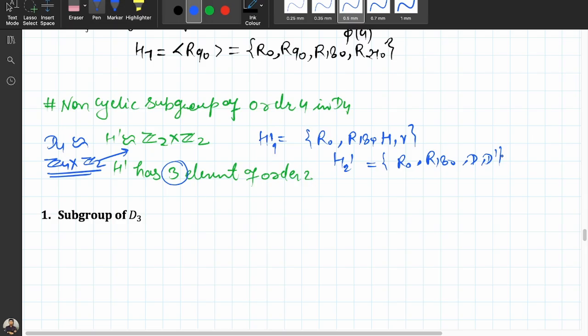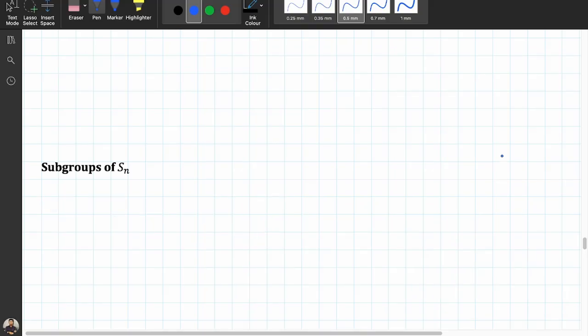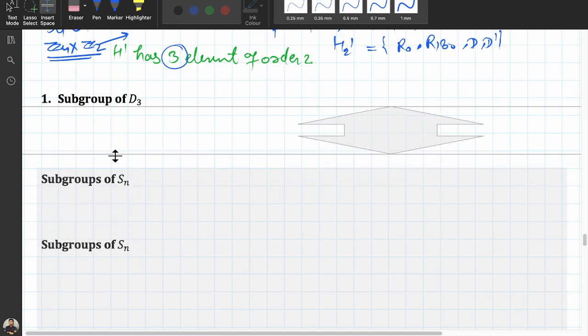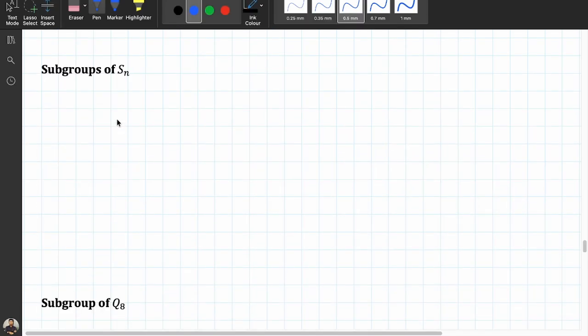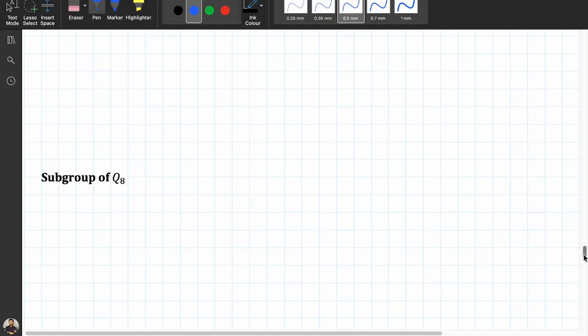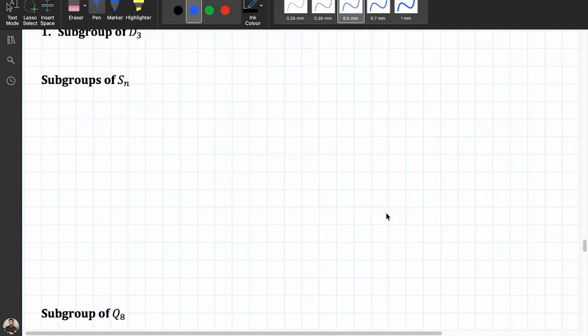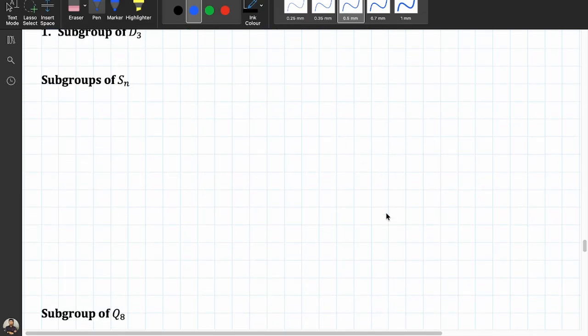Okay, next, what about the subgroup of D3? Before going to this, we can also find, in this same manner, subgroups of D3. Now we'll discuss subgroups of Sn. From here we'll discuss subgroups of Sn, then subgroups for CUET, and so many things are later there that we will discuss. So, subgroups of Sn. What are the subgroups of Sn that we will simply see? So first one,